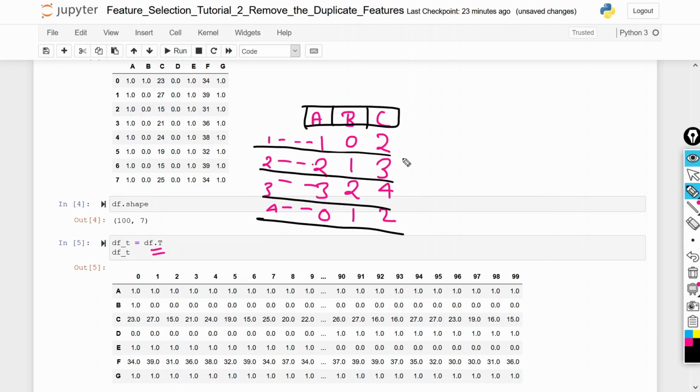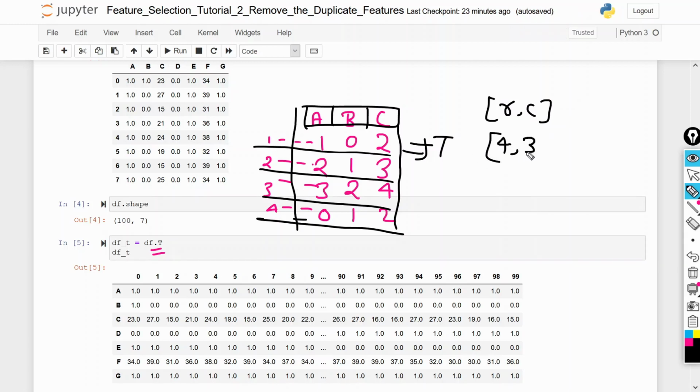Now let's check the initial rows and columns. How many rows do we have? 1, 2, 3, 4 rows and 3 columns. This is the initial data set df.